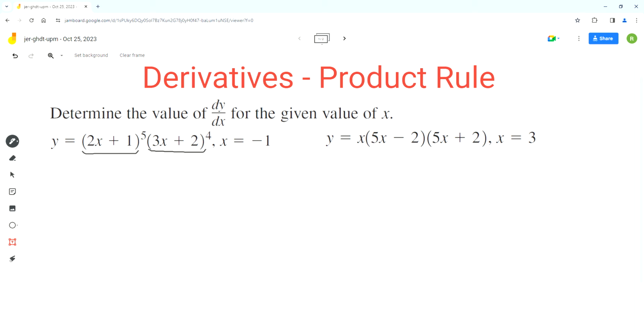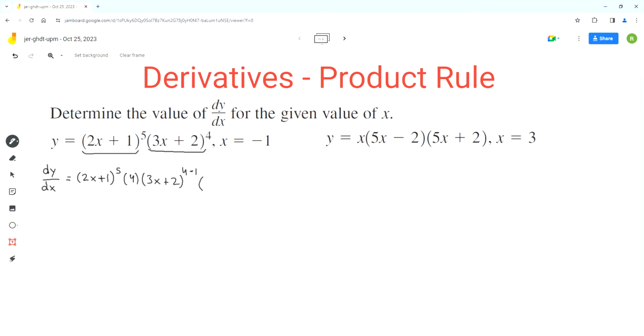So we will use the Leibniz notation. So dy over dx is equal to, the first function (2x + 1)^5 times the derivative of the second function. For that we'll use the power rule. So the exponent is brought down to the front. So 4 times (3x + 2) and then exponent 4 minus 1 times the derivative of the inner function 3x